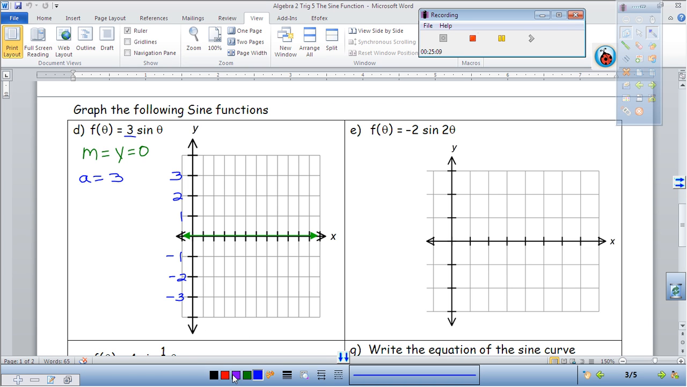Then we want our frequency and period. The frequency is the number here. And since there's nothing there, the frequency is just 1. The period is 2 pi divided by 1, which equals 2 pi. Any questions over that? Now the 2 pi is where we're going to stop, because we're only going to show